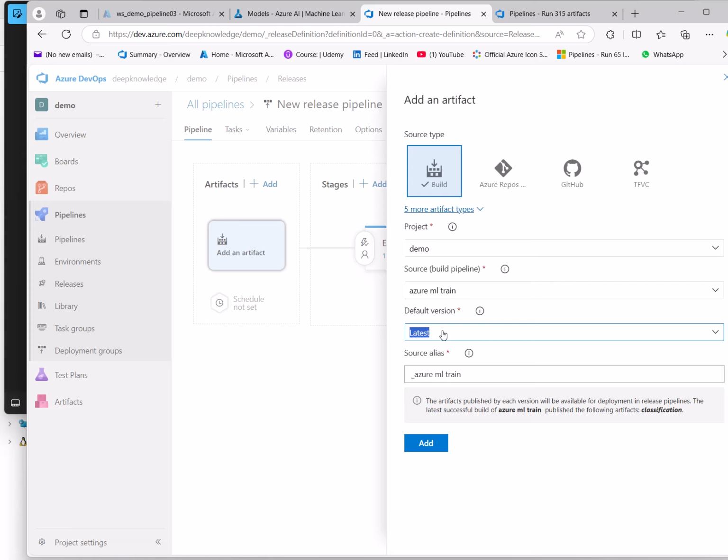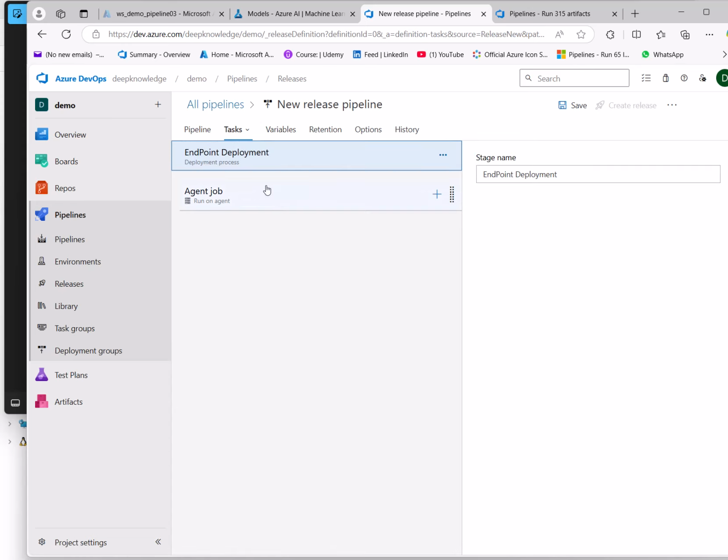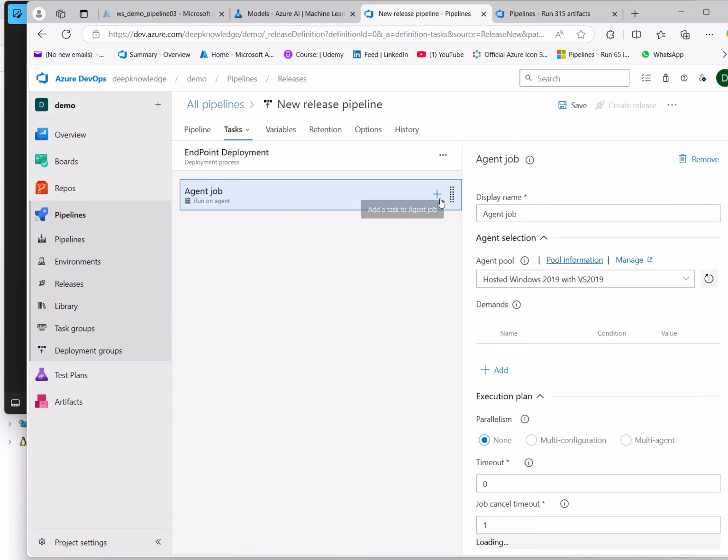But if you specify the version here, you have to change it every time you train the model. So I just keep it latest. Now I'm going to endpoint deployment. So what I need to have here in the beginning, I need to specify